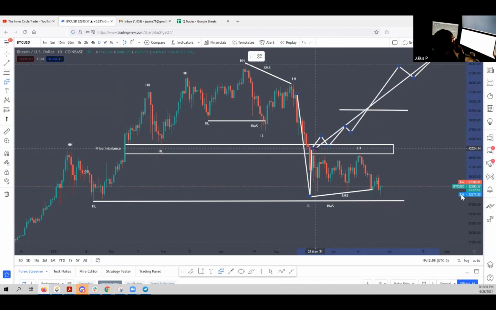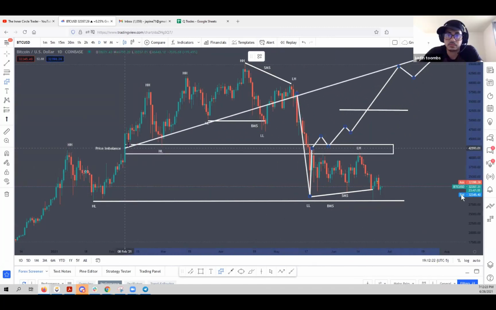So since we never broke it, price the next day dropped below it and never came back up and just tested it. That's why I call this a wall of resistance. That makes sense. All right. Now,